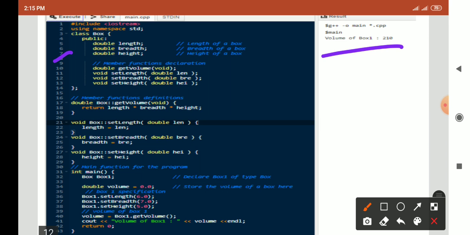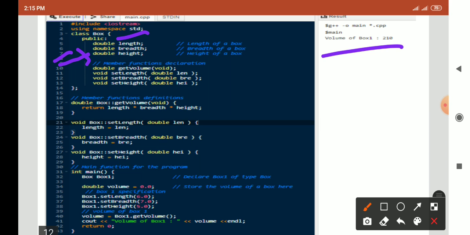So here we created our class, and the class name is Box. In public, as we know, if we want to access a variable outside the class, then we have to define that variable in public. If you define it in the private section, then that variable is accessible within the class only.